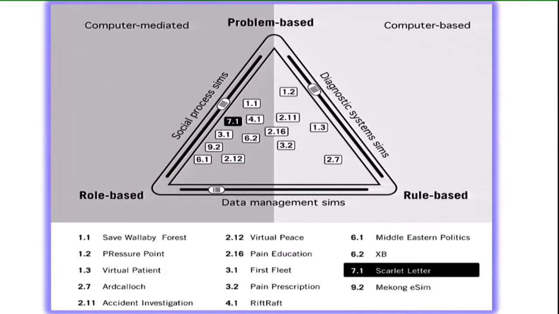So you can see 7.1 is highlighted because I've moved the sliders into a position that says, well, it's got a fair number of roles in it, it doesn't have much data management, and it doesn't have many rules. So Scarlet Letter is the example that comes up here if you think of trying to navigate your way around this simulation triad. What we're saying is that role plays are generally on the left-hand greyed out side of this